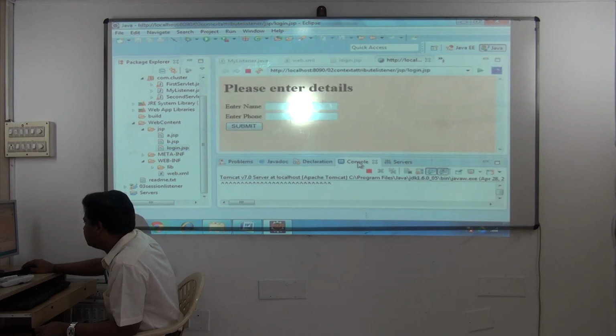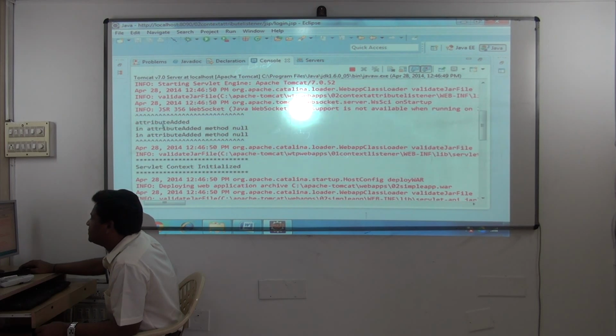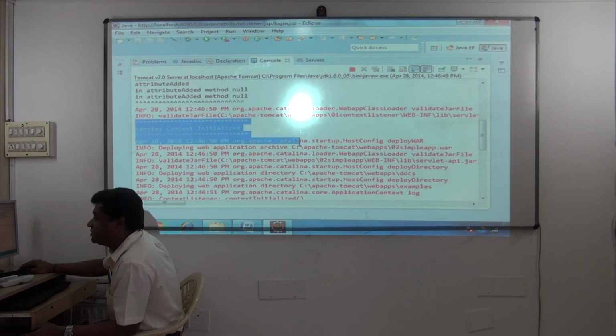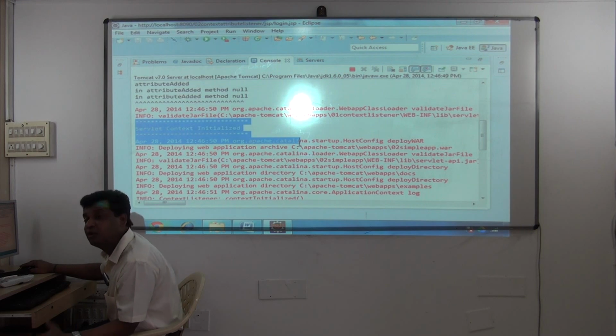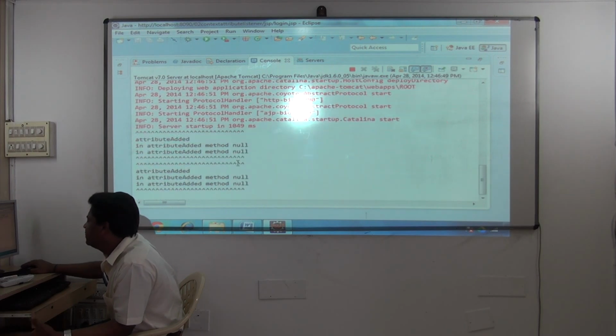Come to the server console. See this, attribute added null. That method is getting executed. Wait, this context initialized is from the previous example. There are two applications deployed now, and for both applications, one context object will be created. Remember, for one application you'll have one context object. Understood now? But see, this is a lab. Practically, in one server, only one application will be running. Here, in one server, there are so many applications running. Clear? So fine, and these things are executed.